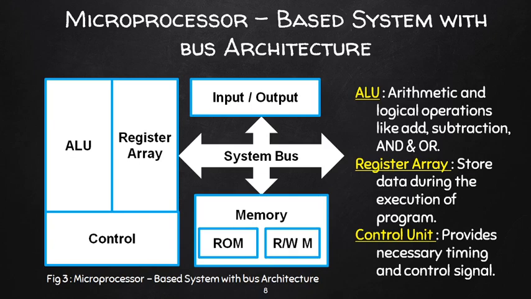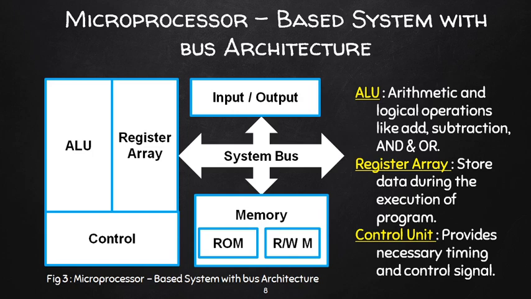In the last lecture, we have seen what is a microprocessor. A microprocessor is a clock-driven semiconductor device consisting of electronic logic circuits manufactured either by large-scale integration or very large-scale integration. A microprocessor is capable of performing various computing functions and making decisions to change the sequence of program execution. The figure shows the block diagram of a microprocessor-based system with bus architecture.